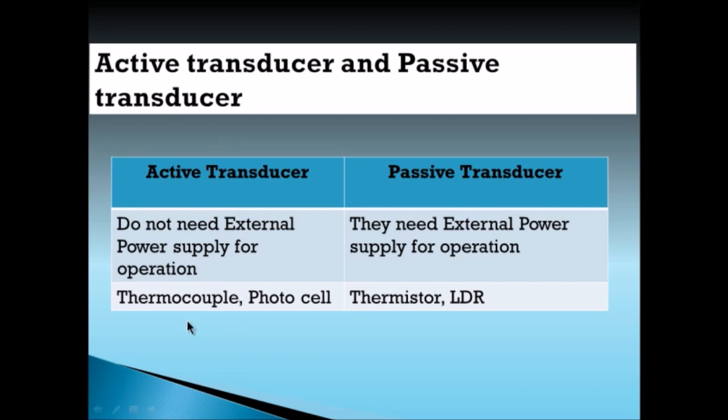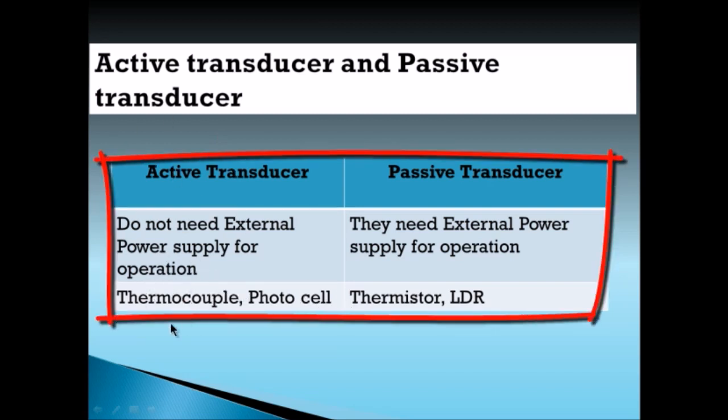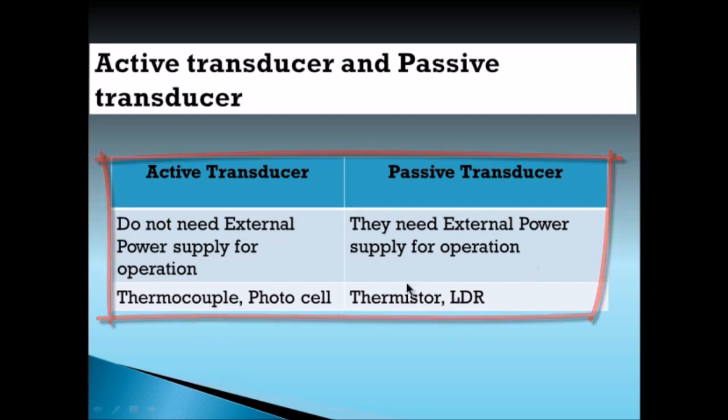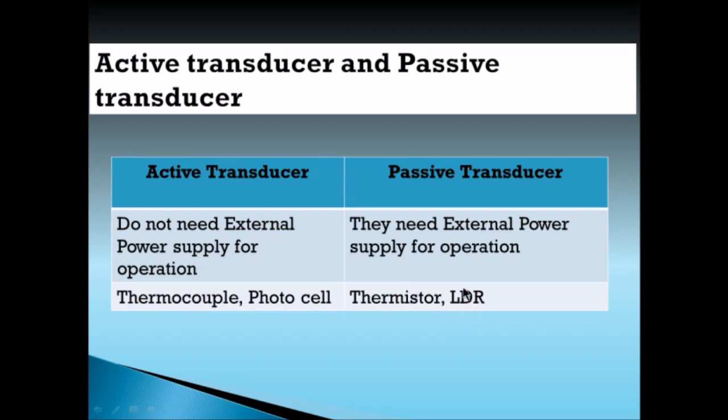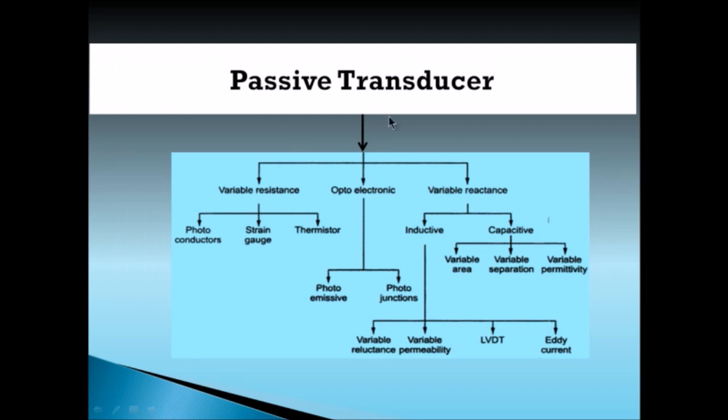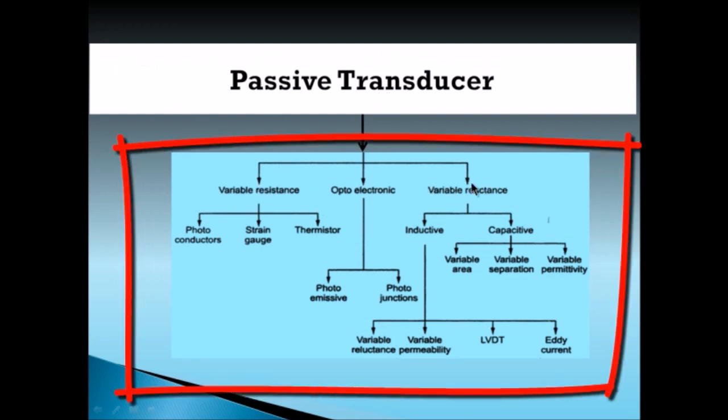Active transducer के example है thermocouple and photocell. So when thermocouple working on a Seebeck effect, when it is subjected to measure the temperature, it generates the millivolt. And the thermistor and LDR, we require external power supply for their operation. So they are a passive transducer. Passive transducer, so there are three categories of passive transducer: variable resistance,